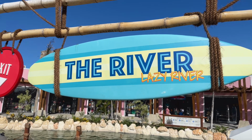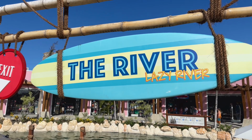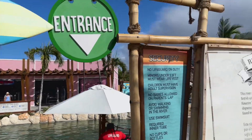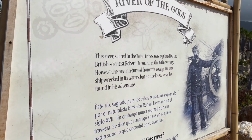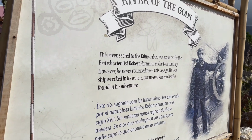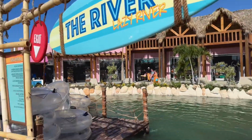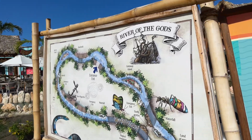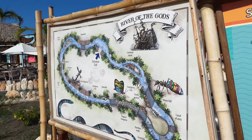All right, I know that there's music, so this will probably get cut out anyway, but this is me, Bill Zanetti, and I'm here at the river, the lazy river, the river of the gods, depending on which sign you look at. This river, sacred to the Taino tribes, was explored by the British scientist Robert Herman in the 17th century. Anyway, long story short, there's a lazy river at a port in, this is Puerto Plata, and Virgin will